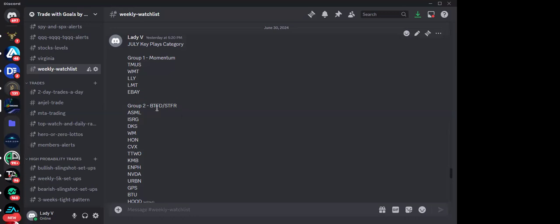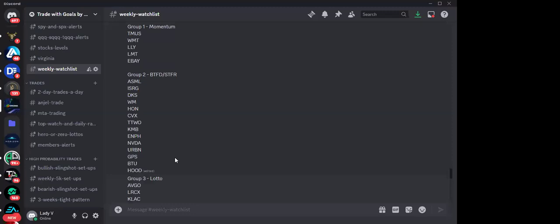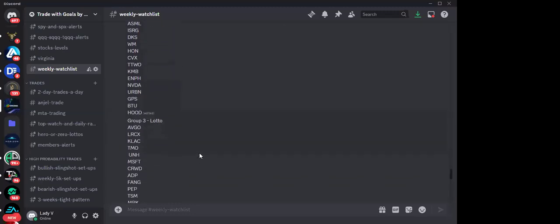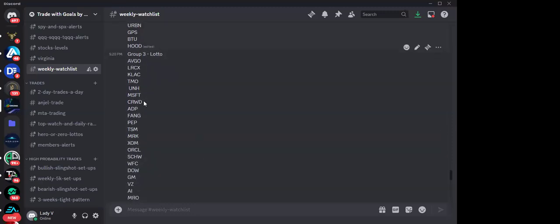And then under buy the dip, sell the rip, unfortunately, semiconductor stocks, don't expect those unless they make those moves. They are in the buy the dip, sell the rip. So if it goes up, you sell the rip. If it goes down, you buy the dip. ISRG is there, ENPH, NVIDIA, then HOOD, GPS, then Lotto, we have AVGO, LRCX, KLAC, UNH, Microsoft, CRWD, FANG, PEP, TSM, Oracle, XOM,